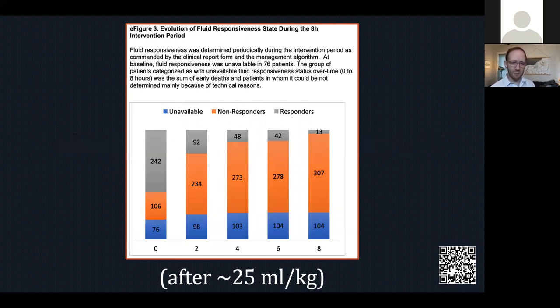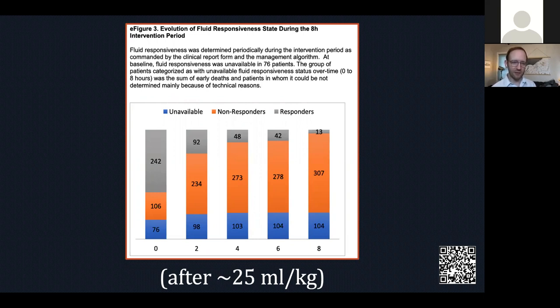So this is from the supplement to the Andromeda shock trial. These patients were enrolled in either arm after they got on average about 25 mLs per kg of fluid. So this is hour 0, 2, 4, 6, and 8 after they've gotten their initial resuscitation. So you can see at hour 0, maybe about 60% of the patients are still fluid responsive, but that number